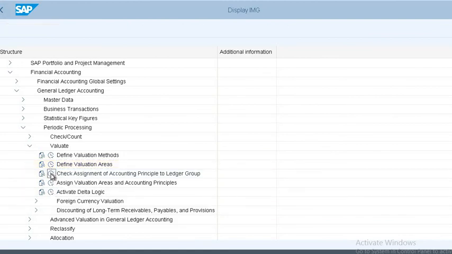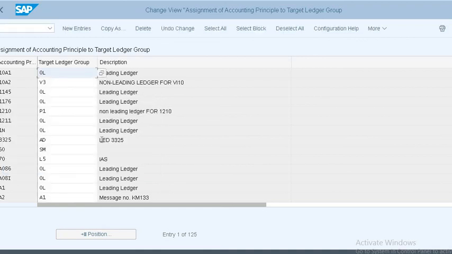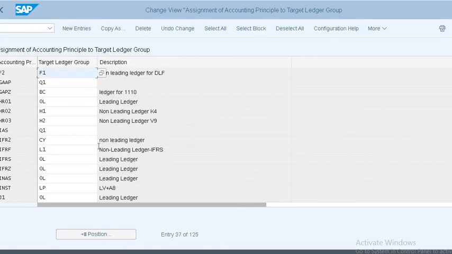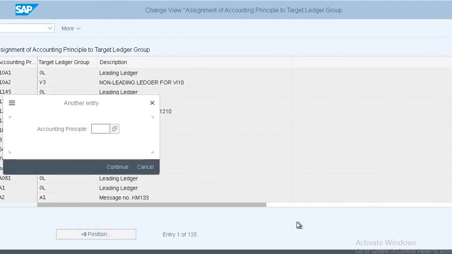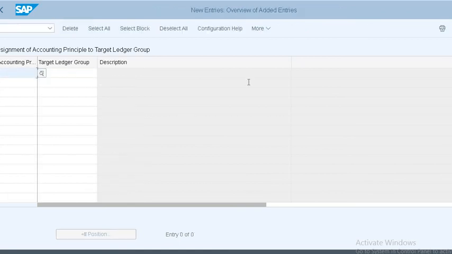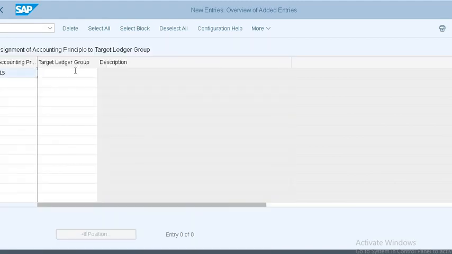And here we need to take our accounting principle, S1, and the target ledger group is the underlying ledger, 0L.